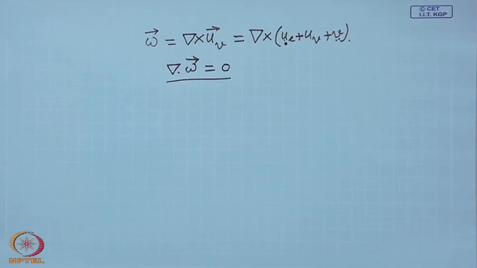Then we defined what a vortex line is. It is a line which is tangent to the vorticity vector at all points. And we defined what a vortex tube is. If we imagine a reducible closed curve within the fluid, then all the vortex lines passing through that closed curve form a tube, and that tube is called a vortex tube. So, the vorticity vector is always tangential to the vortex tube also,